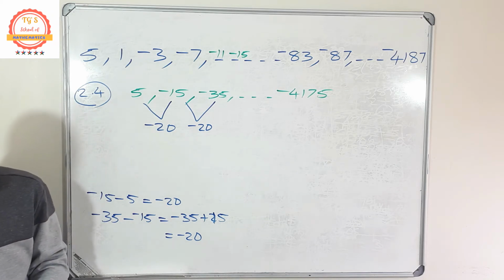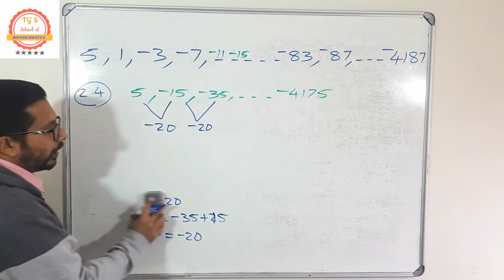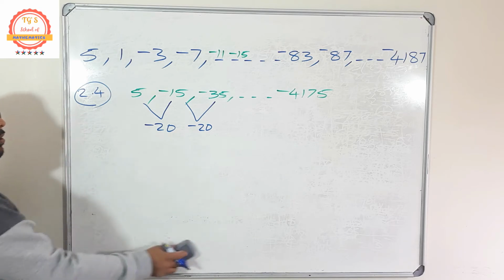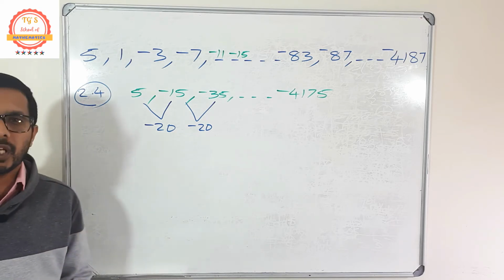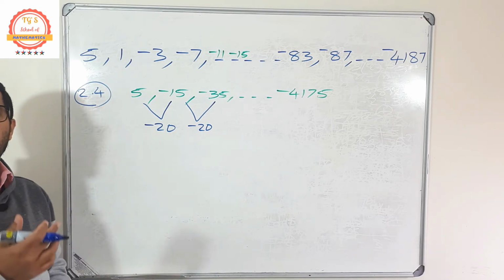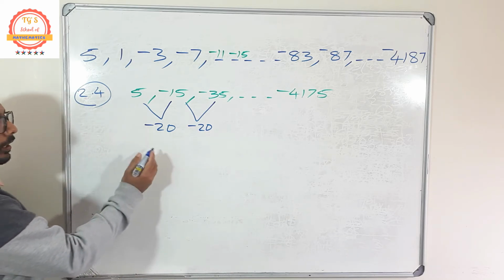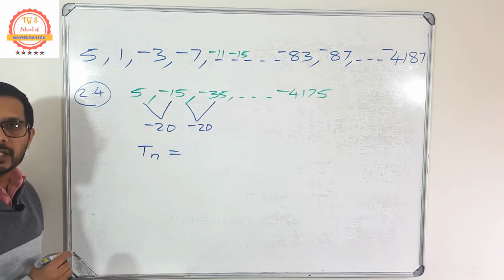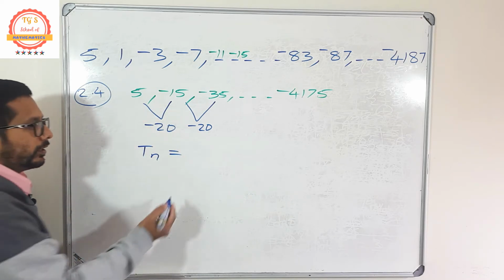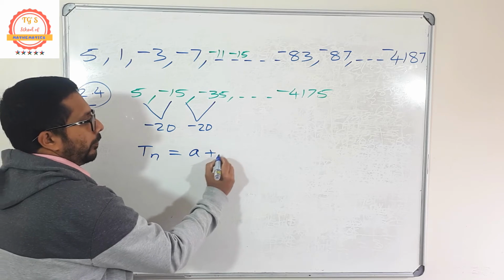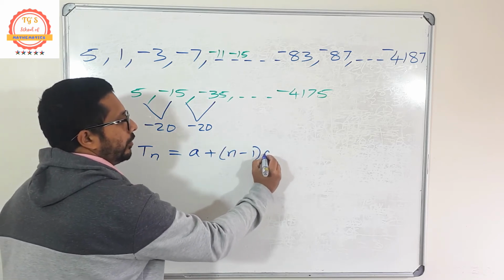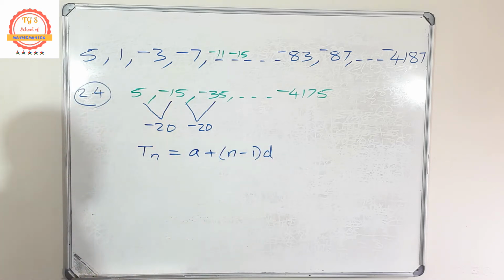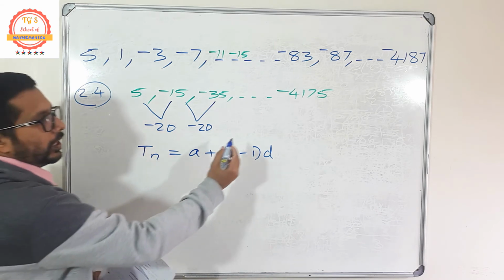Okay. So now we have to find the nth term, not nth term, you have to find how many terms are there. So we did a similar question before. To find how many terms are here, since this one is an arithmetic sequence, what is the formula to find the nth term? Tn is equal to a plus n minus 1 into d. So we know what is Tn. Tn stands for the last term. So what is the last term here in our sequence?